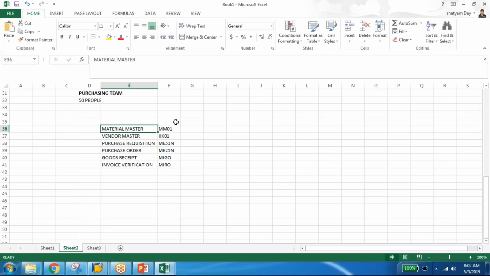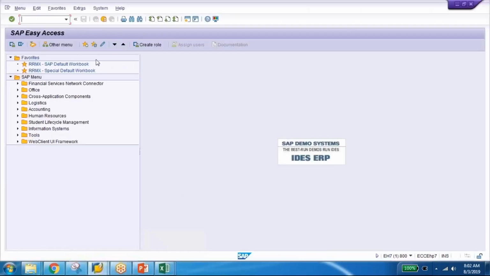So let's start. First I'll create a material. Why do I create a material? Because I need to maintain the details of the material in the system. Otherwise, the system will not be able to identify whether that product is available or not. Right? So for example,